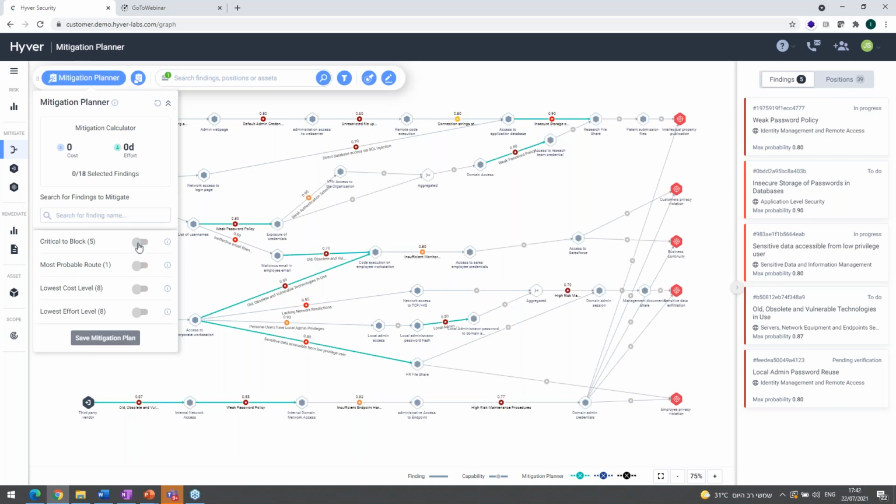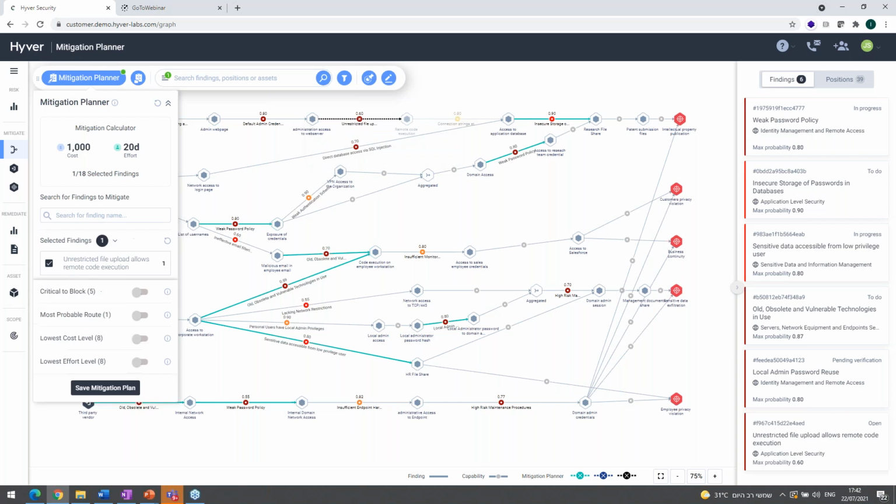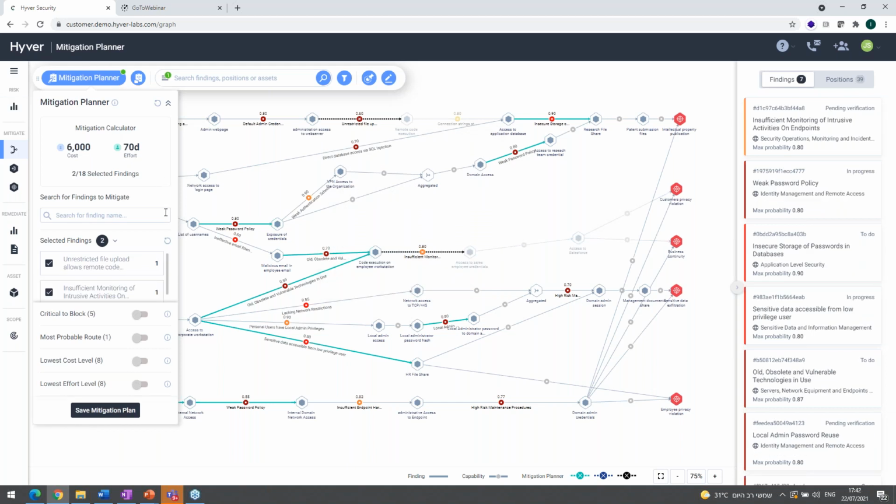Of course, if you create your own mitigation plan and include it within the planner, it will take the relevant cost of effort of the findings that you selected and update it accordingly. So when presenting to the management, you can create multiple plans, you can save different plans,